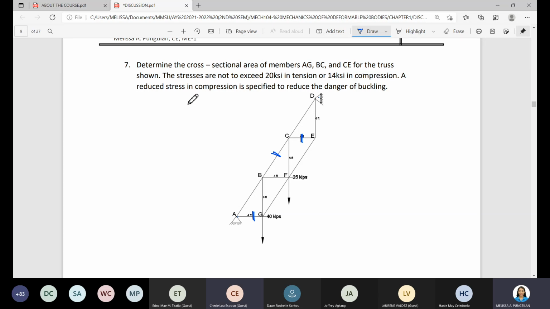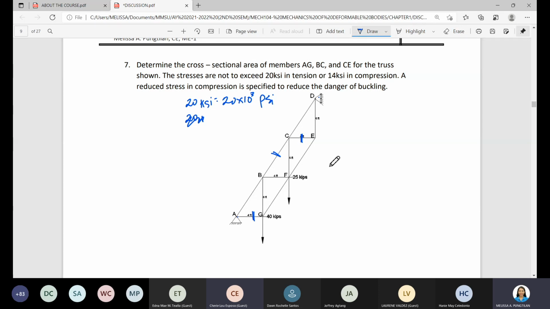So, yung 20 KSI is 20,000 PSI, or 20 times 10 raised to 3 PSI. Okay, and then yung 14 KSI is 14 times 10 raised to 3 PSI. Or also read as kilopounds per square inches. Okay, so ilagay nyo lang mamaya sa clean sheet of paper and then upload nyo sa